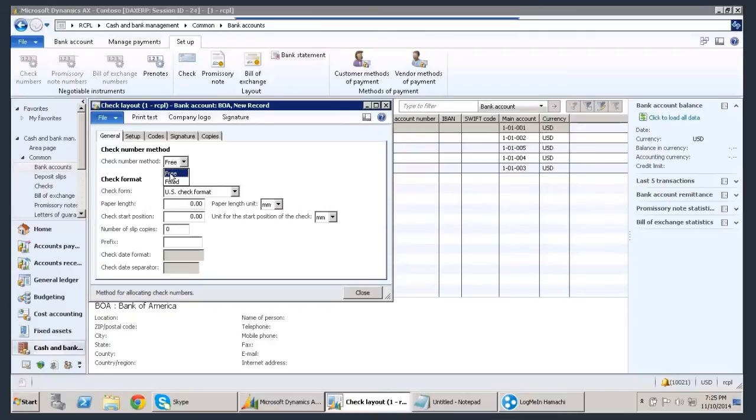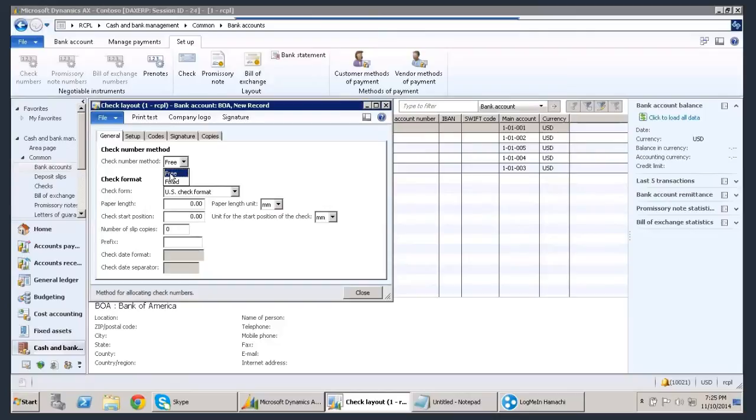Fixed check means on a check paper you already have pre-printed details: payee name, amount field, address, amount in words, signature column, your check number and the routing number, and also the MICR code and date. Everything is printed, and the only thing you need to do is fill the fields of those respective details. That is called a fixed check.